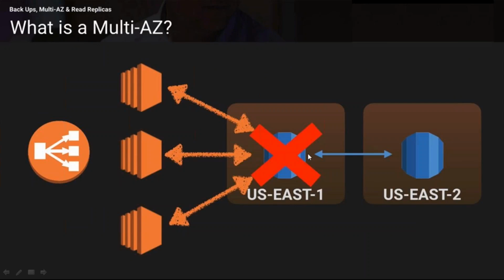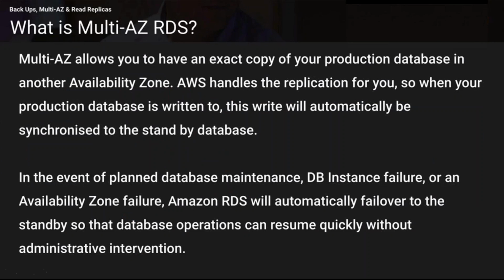As we just looked at in one of these examples, if the master goes down, only then are these connections going to get redirected towards the standby database, and we don't have to worry about the synchronization and replication. Everything is taken care of by Amazon. And in the event of any planned database maintenance, any database instance failure, or if an availability zone failure happens, Amazon RDS is automatically going to fail over to the standby so that the operations can resume quickly without any administrative intervention. So we do not need any administrator to take care of this. Automatically the things would get redirected towards the